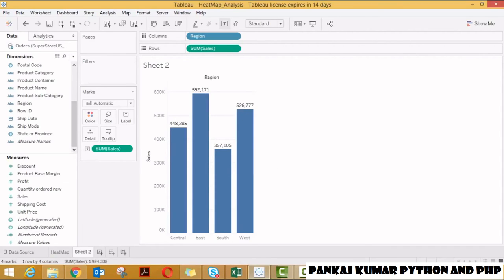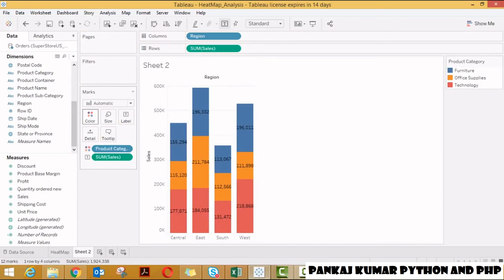Suppose you want to add some more dimensions to the graph. Suppose I want to add one more categorical variable to the graph. You can take any; here I want to take the product category.